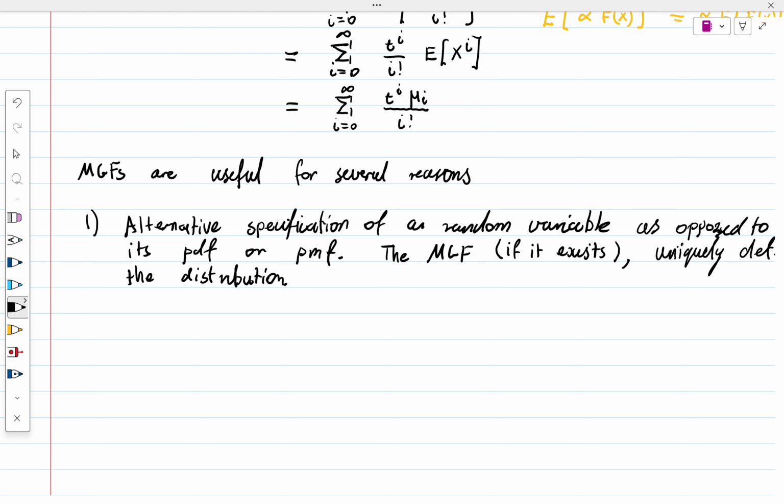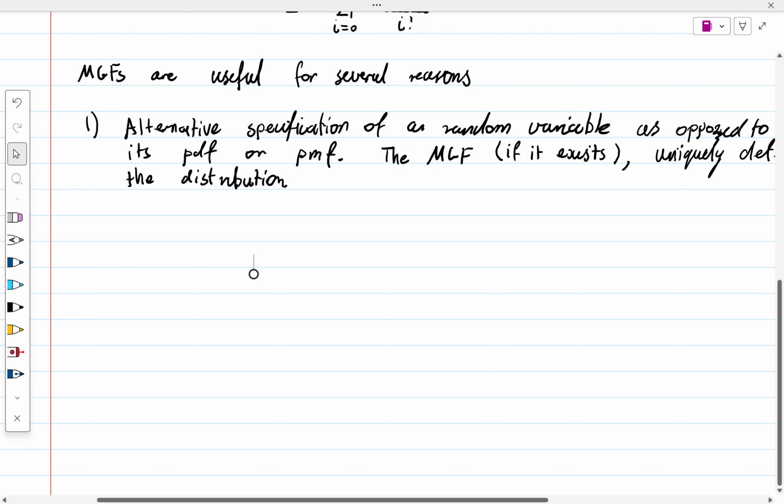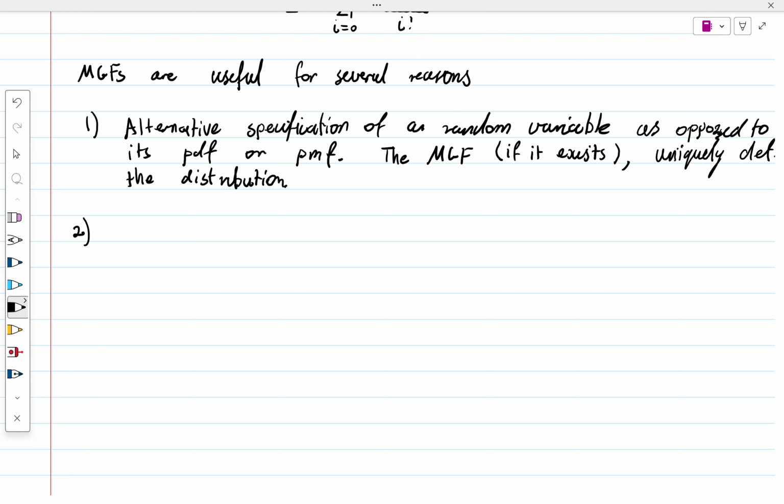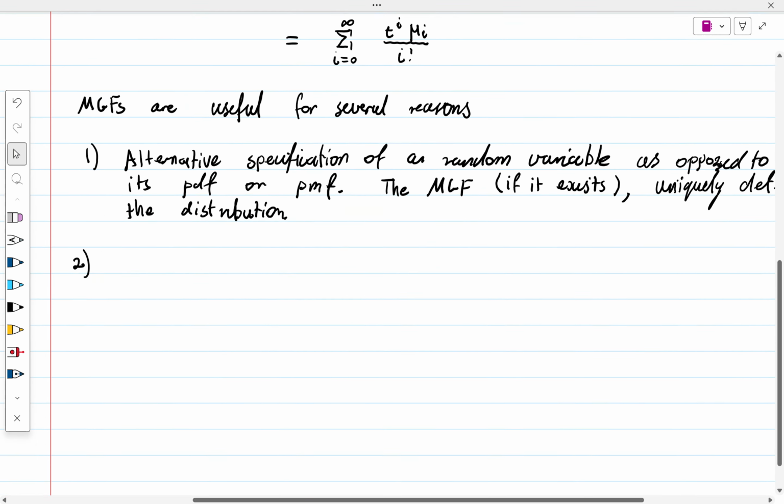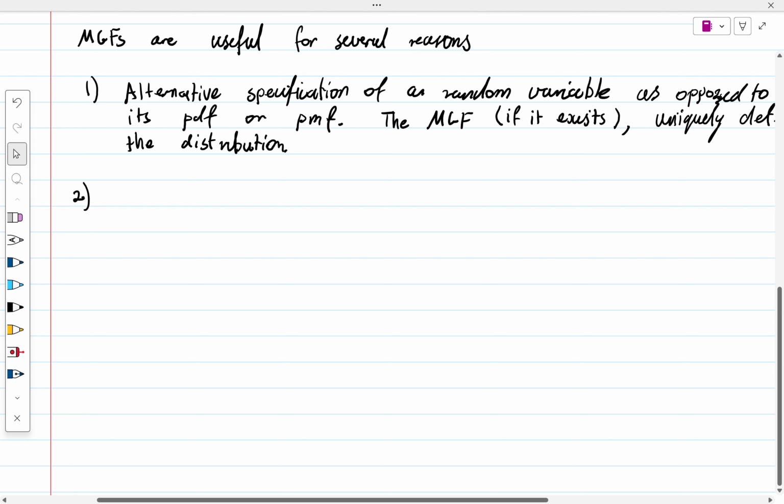So that's important, right? If you have two probability density functions that are equivalent, they are unique and identical. If you have two MGFs, which are identical and unique, that gives them the same distribution. We'll look at that in a bit more later. But there is a second reason why MGFs are useful. And while we saw that Taylor expansion above, they can actually be used to compute the moments